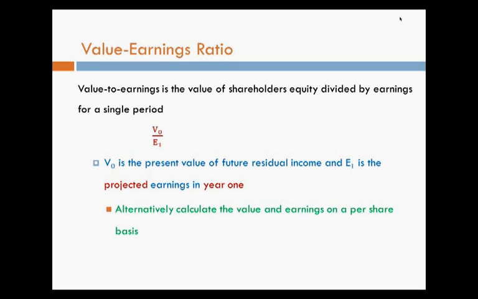Now let's look at some of these earnings ratios. We did the book ratios. Value to earnings, again, in and of itself, it doesn't do much for us. It's only good because we're going to compare it to the price to earnings, which is commonly reported and therefore a useful number to compare to. Value at point 0 is the present value of our future income. You know how to do that? At year 0.